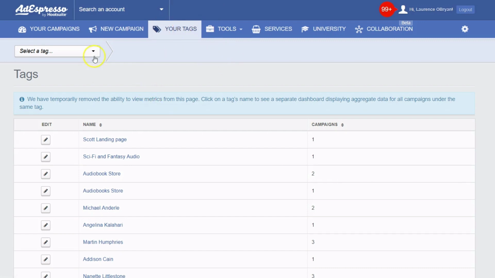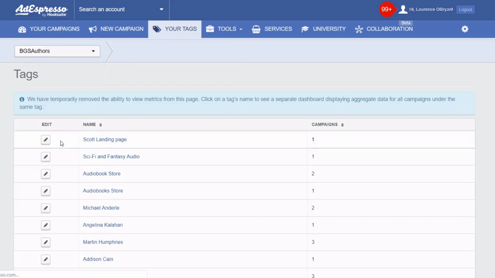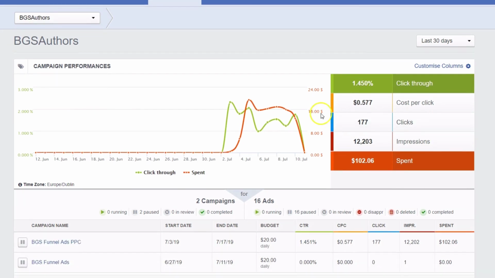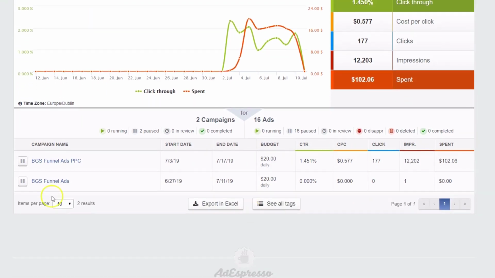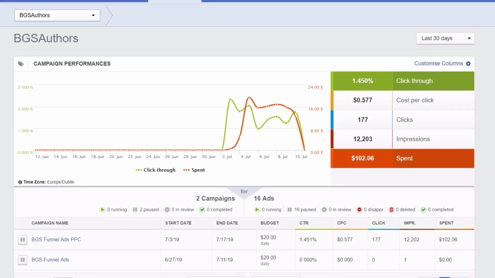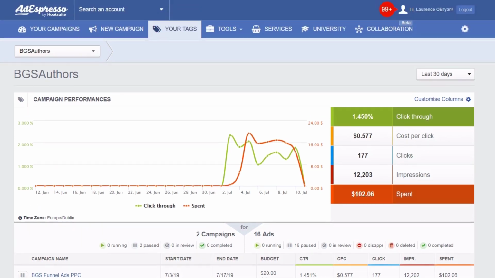And it also has a wonderful tags facility, which allows us to see all the ads created for a particular campaign, to see the results for that campaign over the period that it was set for, the spend for the campaign, the results for each individual ad. So it's got a great reporting suite. So that's the first piece of advice for Facebook ads. Don't use boosted posts. Use your ads manager or use Ad Espresso.